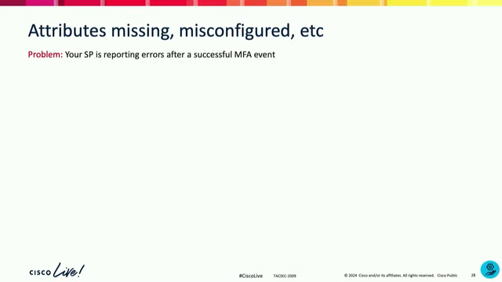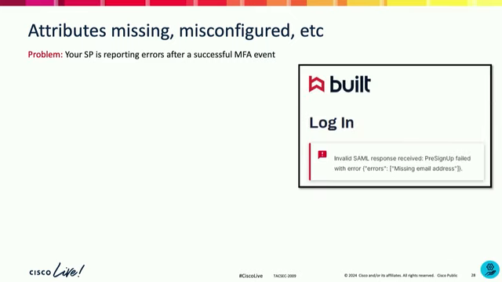This error that you can get because of these attributes mismatching is actually the first error you'll see outside of the MFA workflow. So let's say the user has fully passed MFA and then they come across an issue like this. This tool built, users logging in, and somehow we're missing the email address. But let's say we have the name ID set as appropriately as we expected earlier, and we're still getting this